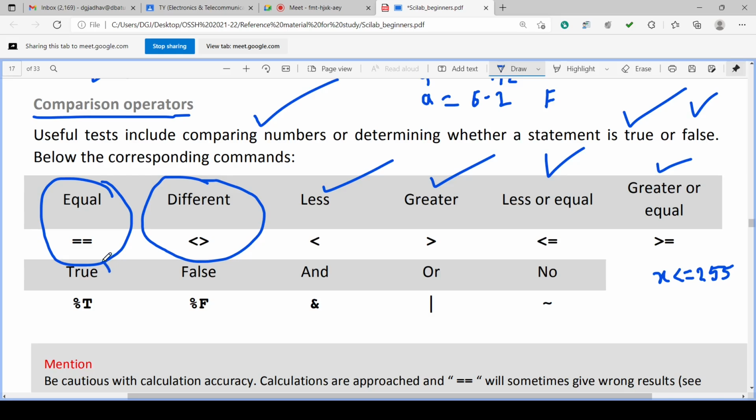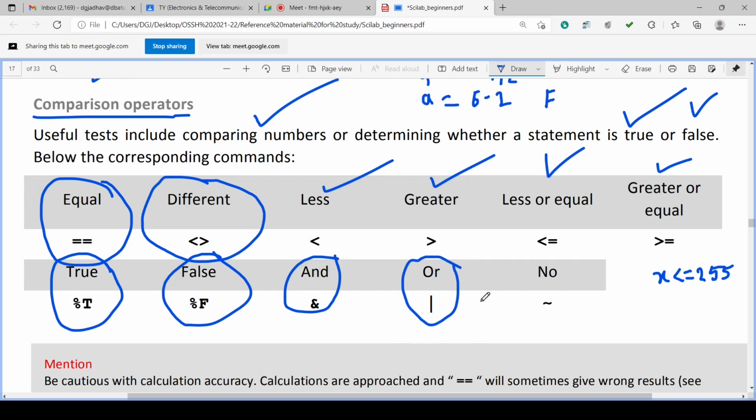Then true, percent %t, false, percent %f, and ampersand. Logical operators are there: or, this vertical line, no, tilde, not, or no, isn't it? So suppose x and y. If this is true and this is true, both are true, that is the and operator.